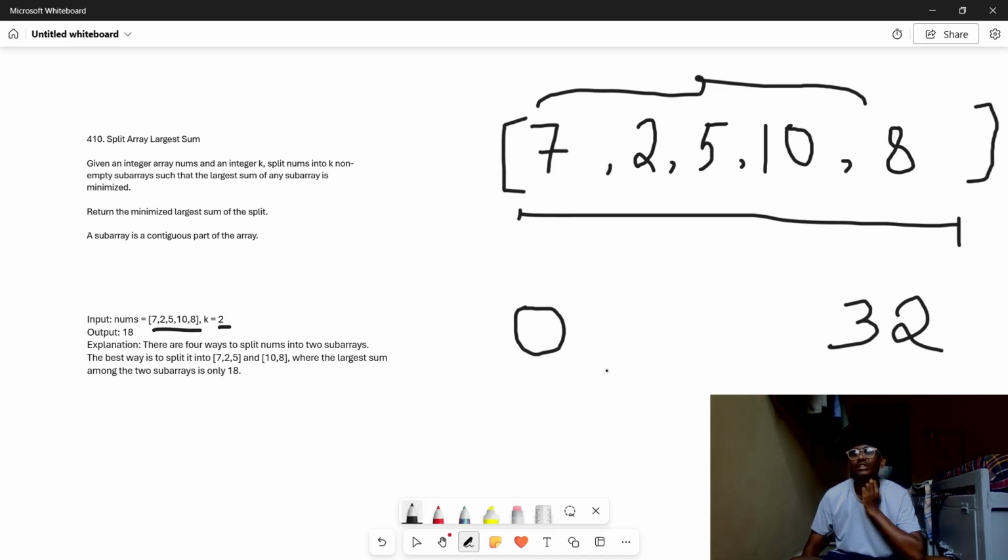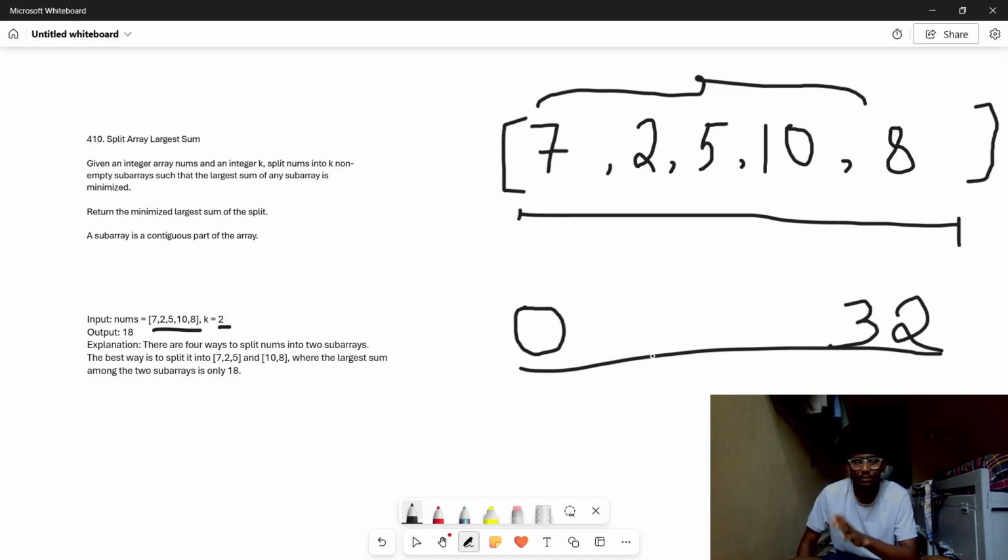So the search space is fixed, and here we actually do the binary search. Typically binary search is nothing but low plus high by 2, so we get a midpoint. So what is the midpoint for this one? 0 plus 32 by 2 equals 16. So mid equals 16, right? So using this value,